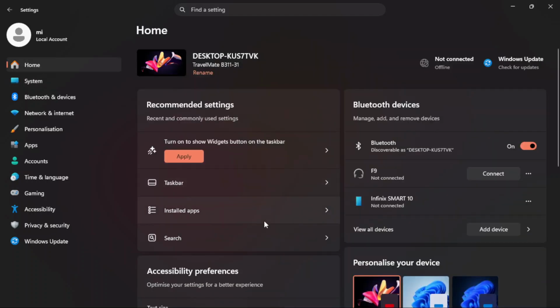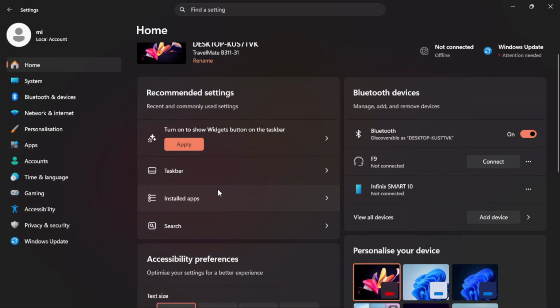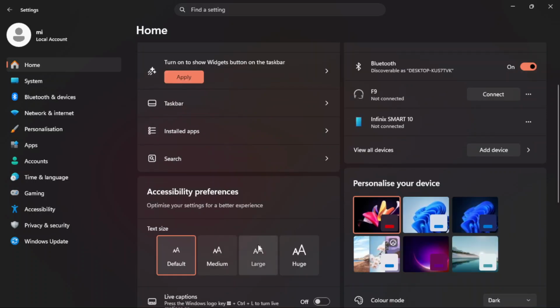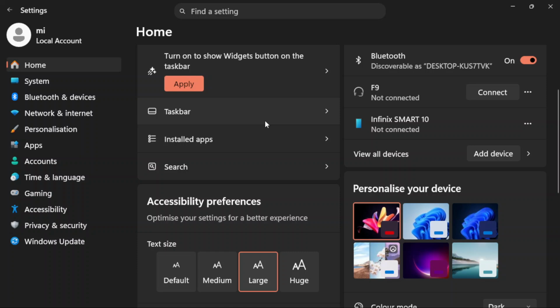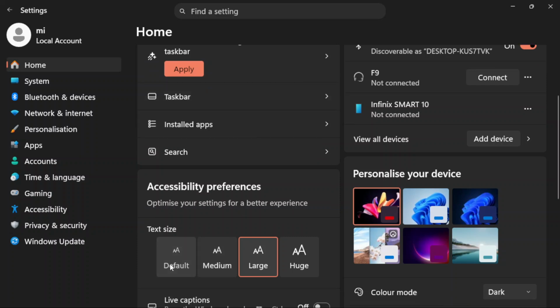So here I have a few windows. For example, these are the recommended settings, and then these are the Bluetooth devices, and then these are the accessibilities. So I can increase the font. For example, I can set it to large, and then you'll see that the text now becomes large. So I'll leave it to default,